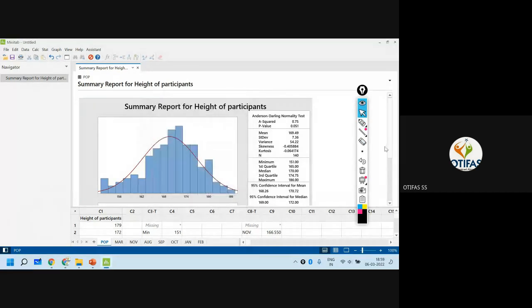And see this, all those measures we have done, we got in one go in Minitab: mean, standard deviation, variance, minimum value, maximum value. Then there is first quartile, third quartile, we'll learn it later. Then there is a p-value. This is going to be learned in green belt and black belt. What is the p-value? How to analyze with the p-value, etc. Now this looks like a normal curve or not? This is called the normal curve. This is also called the bell curve. A very, very important curve. Bell curve.